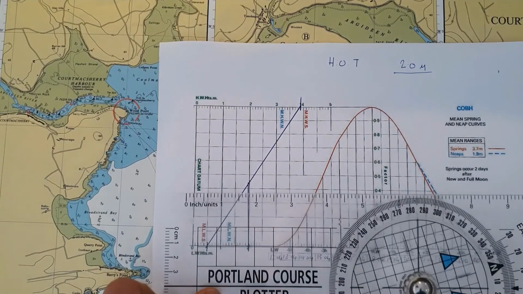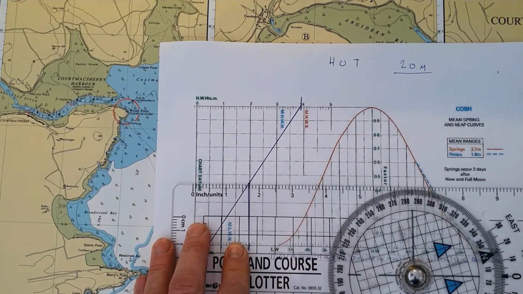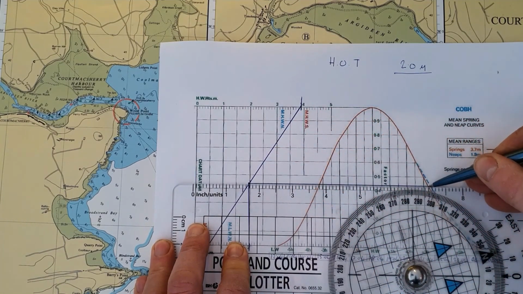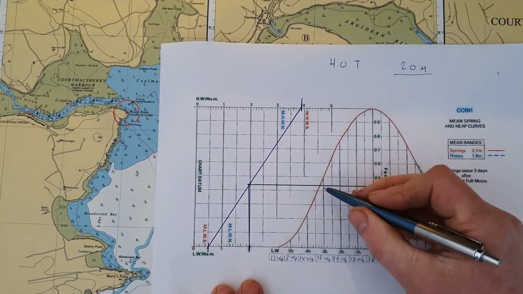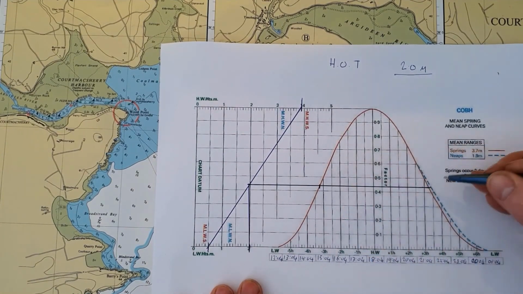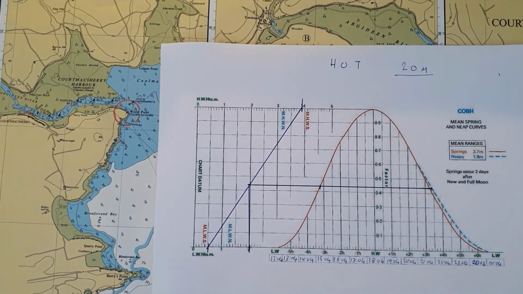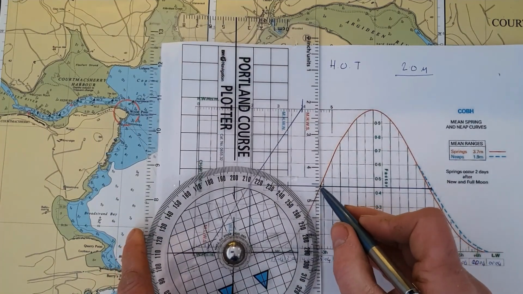We then bring it across till it intersects the tidal curve. And I'll extend it across here. So it intersects the tidal curve, 2 spots, here and here. And now what I do is I project those lines back down to the time